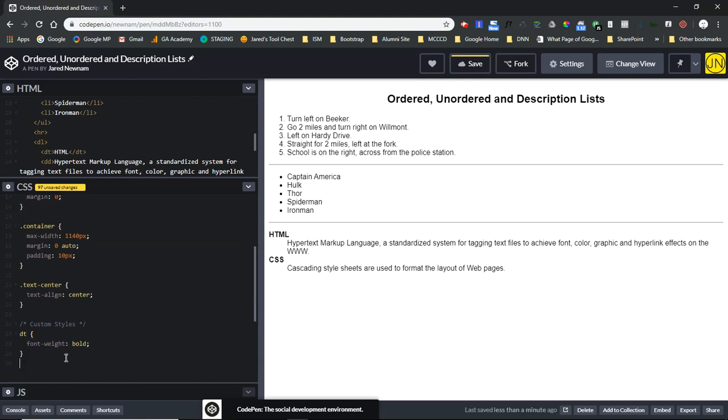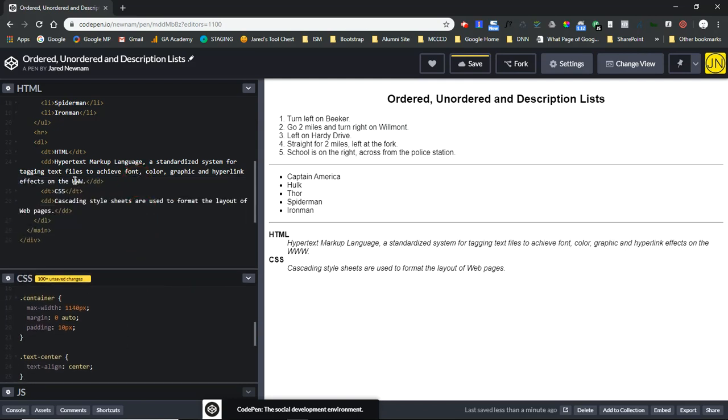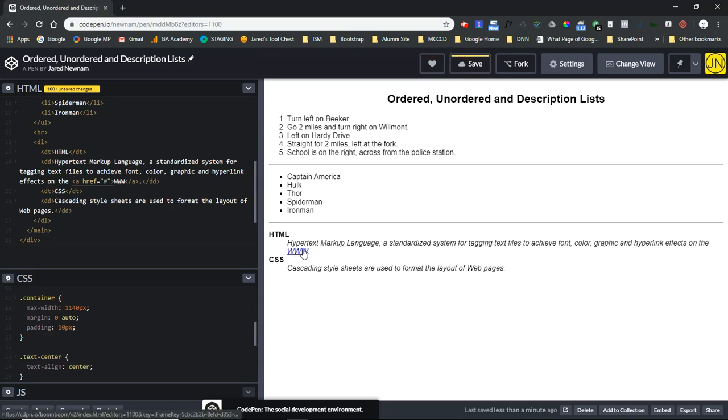And then you could also do DD, font-style: italic, and that will italicize the actual definitions themselves. And then within those, of course, you can hyperlink anything like this,